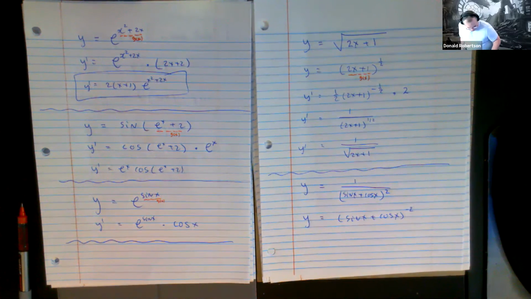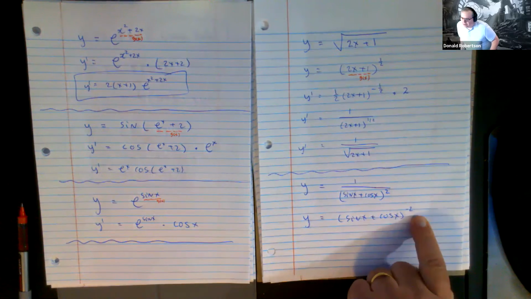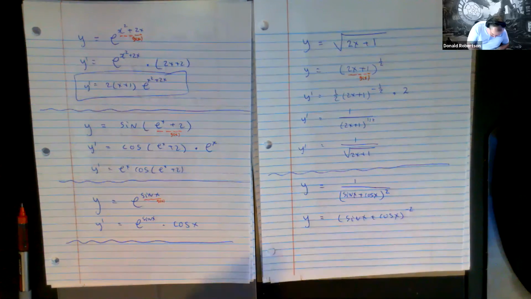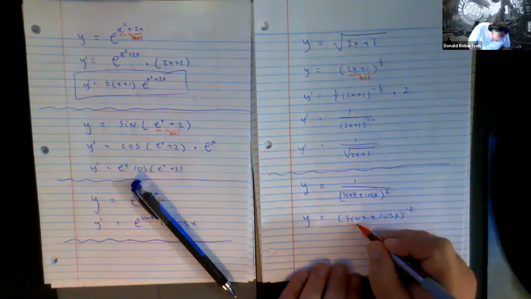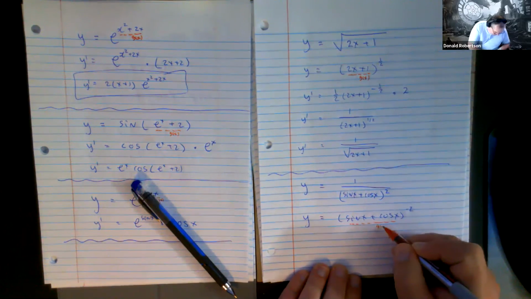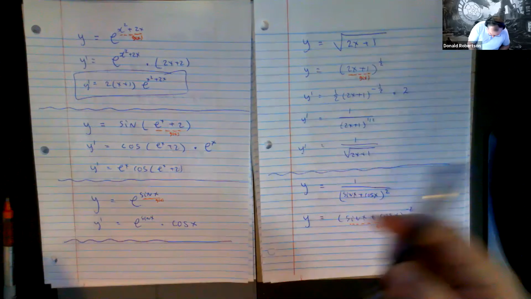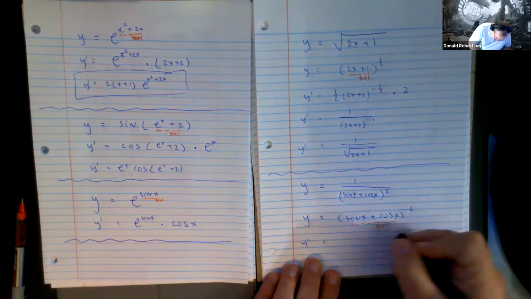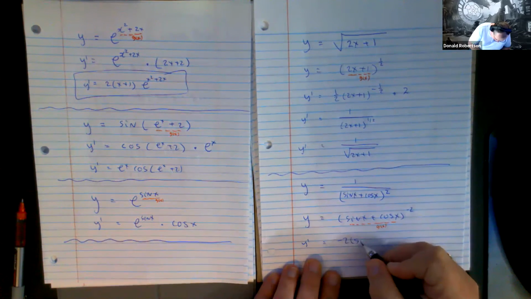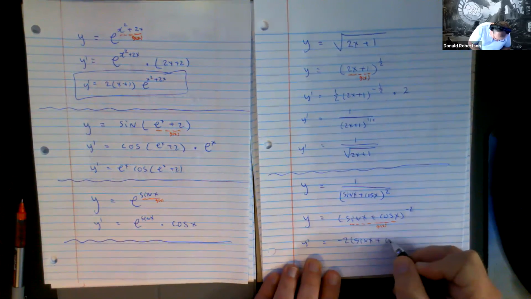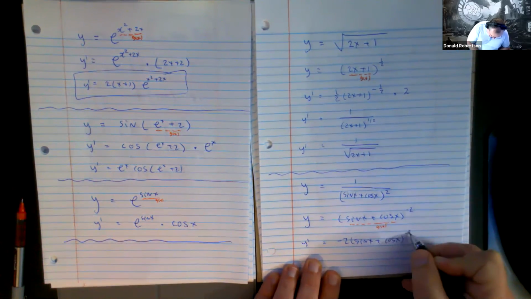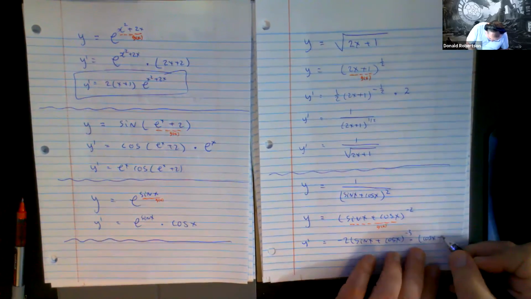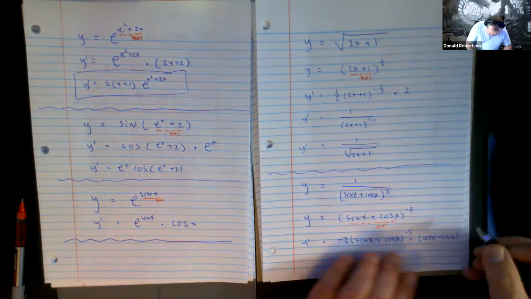Now, something to the power of -2, right? This here is our g of x. This is our something. Well, if you have something to the power of -2 and you want to differentiate it, something to -2, -2 somethings to the -3 times the derivative of that something. And then to make it look pretty,